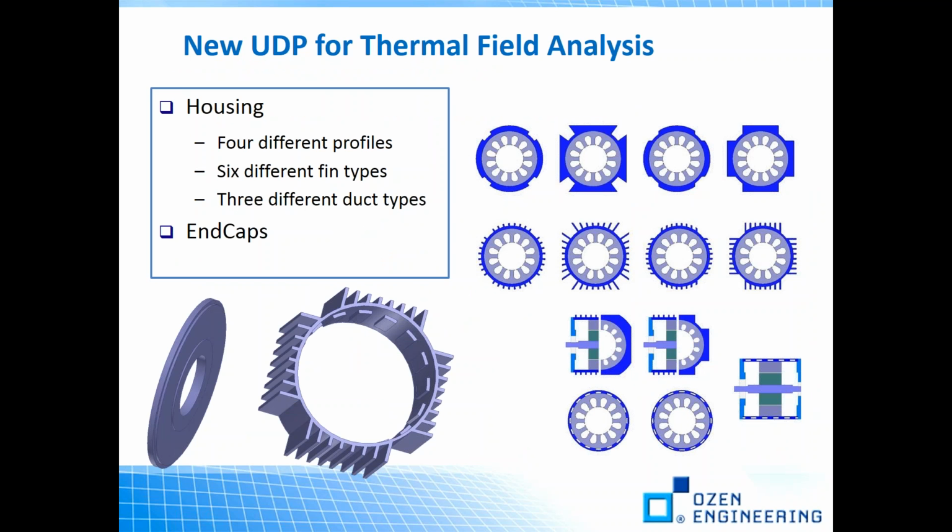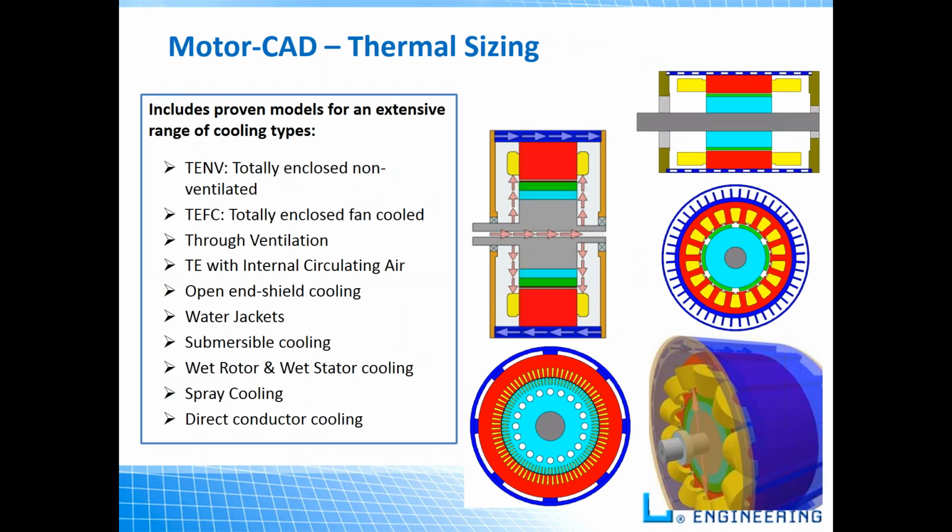And also in Maxwell, a user-defined primitive is being created to ease the geometry share with Workbench. So when you need thermal analysis coupled with the electromagnetic simulation, you can use the user-defined primitive for this goal. Also, as I mentioned, you have the Motor-CAD option